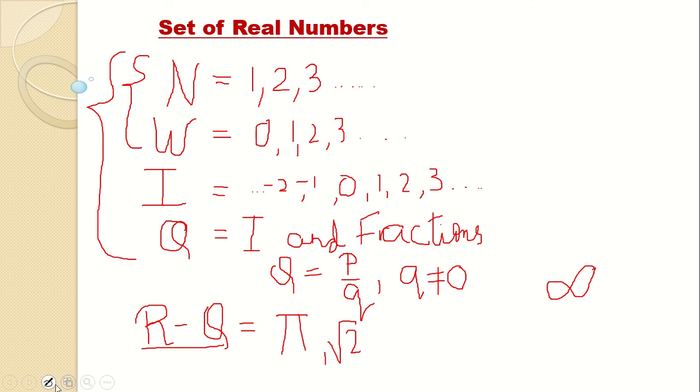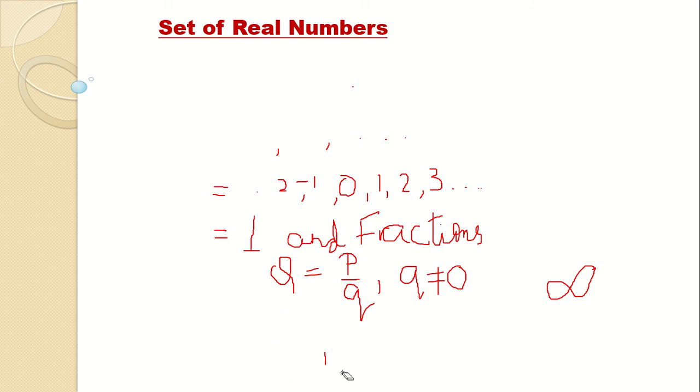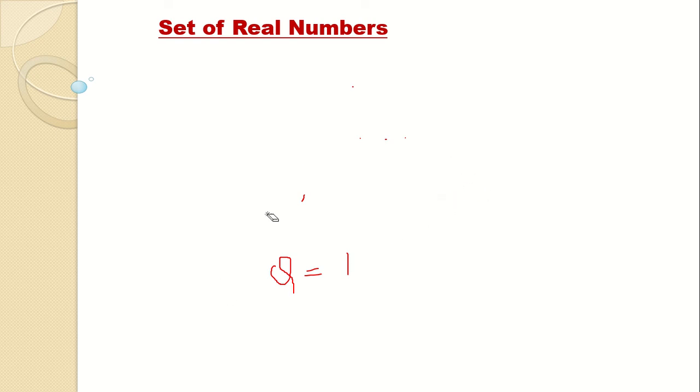Okay, so this was in brief. We just saw the different sets of real numbers. These are basically all the subsets of real numbers, we can say. And the set of real numbers, we can say, is the universal set of all of them. Okay, set of real numbers is the biggest set.